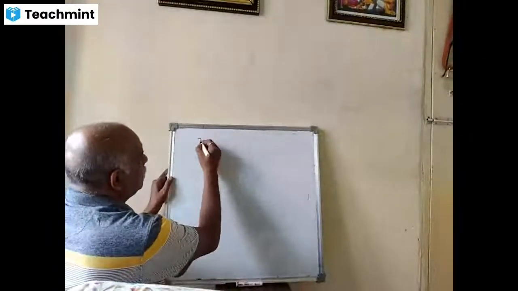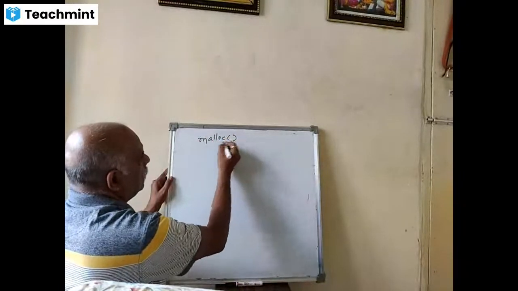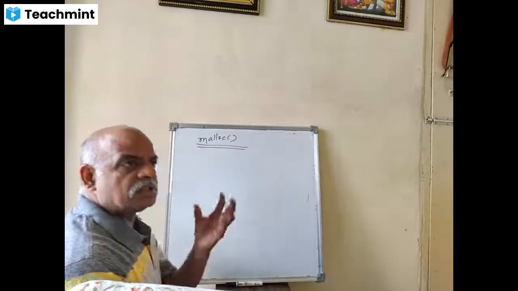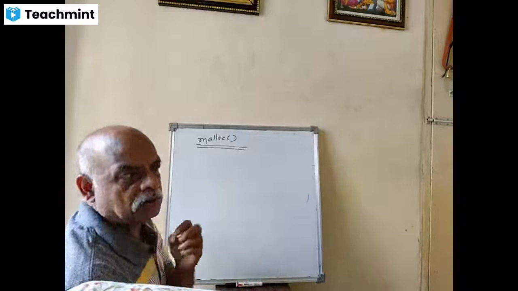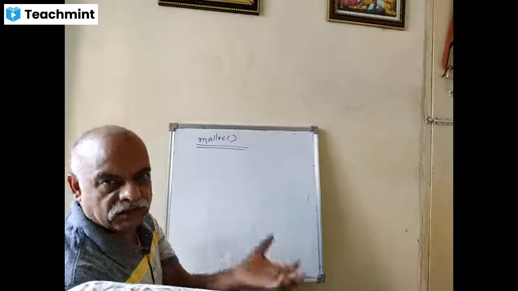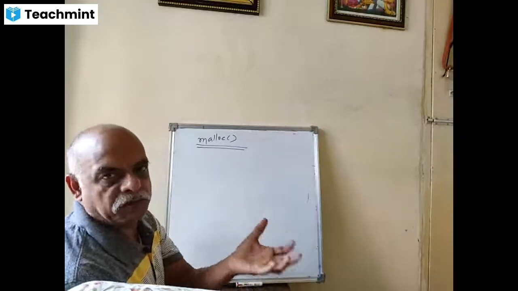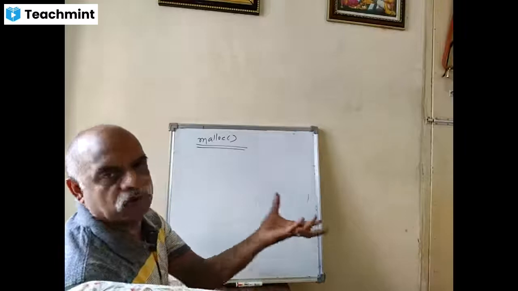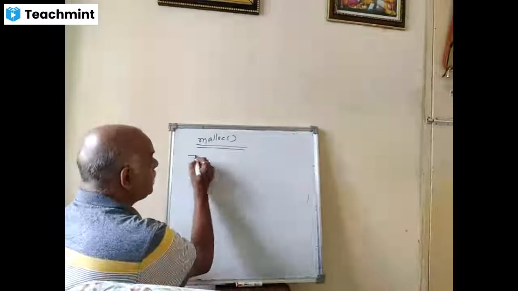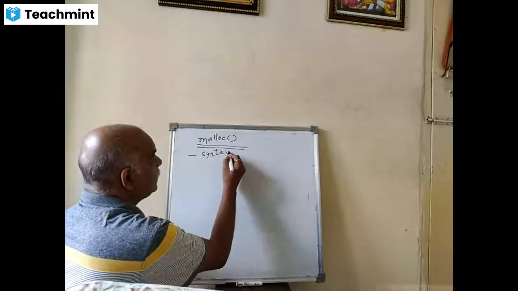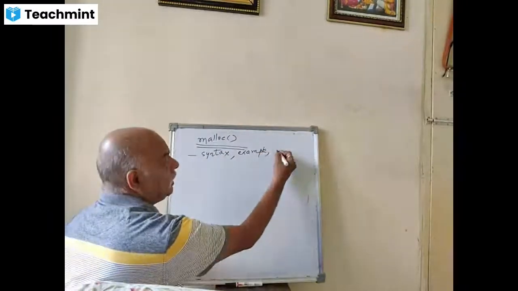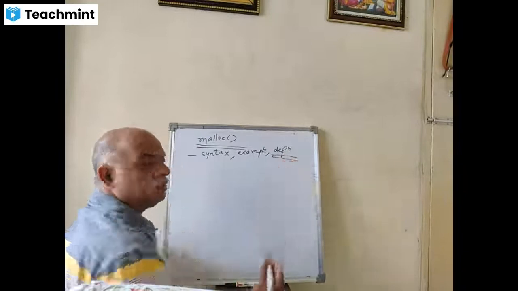So first we'll study malloc. What will the malloc function do? It allocates a memory block of requested size. Whatever amount of memory you want, you can request that, and the system gives you that much capacity of memory. You can use that block, and it returns a pointer pointing to the first byte of the block. First you should understand the syntax, example, definition, and explanation of how each function works.